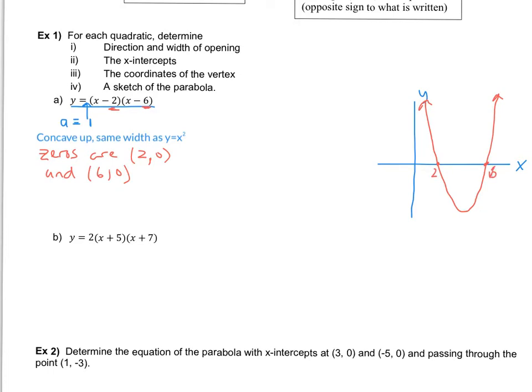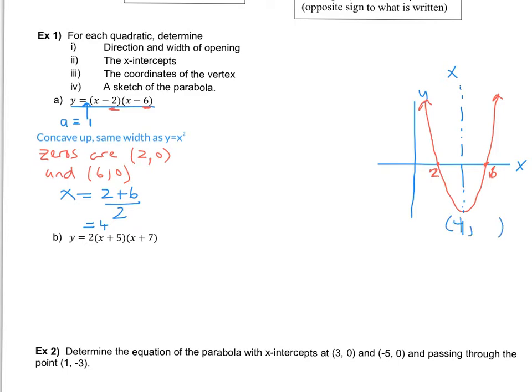But what we don't have yet is the vertex, the coordinates of the vertex, which we're going to get now. And to get our coordinates of our vertex, we know that the axis of symmetry has to happen. That's supposed to be a dotted line, doesn't look very awesome, but whatever. That axis of symmetry has to happen halfway between those zeros. And again, to get that halfway point, we're going to find the midpoint of those zeros, and to get midpoint we add the two zeros together and divide by 2. So 2 plus 6 gives us 8. 8 divided by 2 is 4. So our x-coordinate of our vertex is going to be at 4, comma,